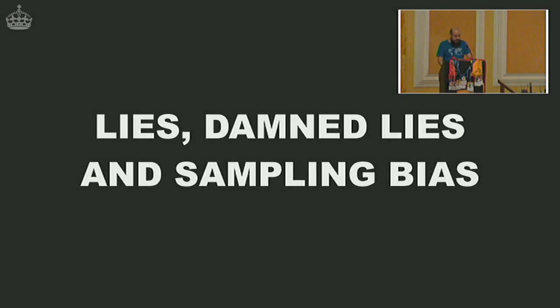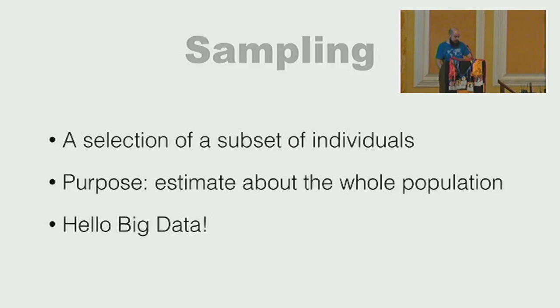The next topic is sampling bias. So when we talk about sampling, essentially in statistics, we are focusing on some kind of subset of our population. So given a big data set, nowadays we live in the age of big data, so we have big data sets, and we cannot always process those big data sets. So focusing on a subset of individuals, the idea is that we can use those subsets to make some kind of estimate on the bigger population as a whole.